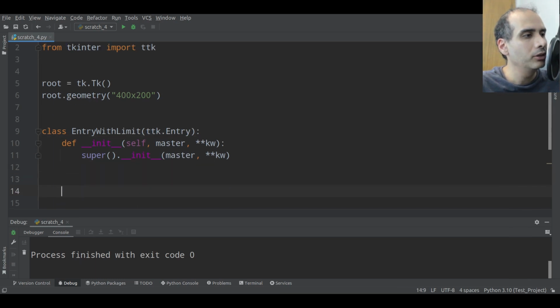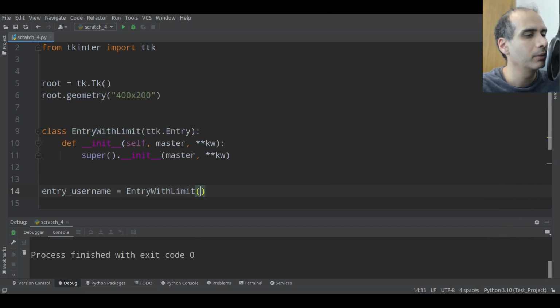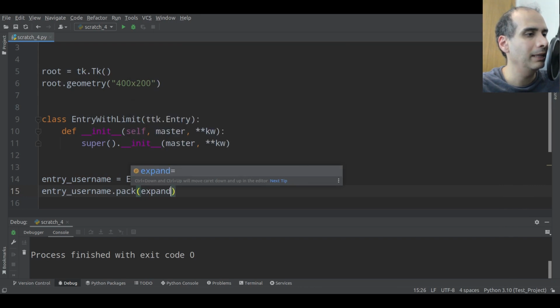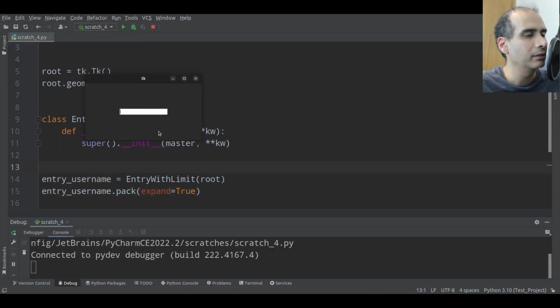Okay, so let's use this in our code. So we'll write in entry_username equal EntryWithLimit, and we're going to put this into root, and that's all we're going to pass, and then we're going to pack it onto the screen. And I'm going to pass in expand equal true because this will cause the entry widget to be centered on the window. Okay, so I'm just going to run this to see what we get. Okay, so we have a standard ttk entry widget, and so far it acts exactly the same as a normal